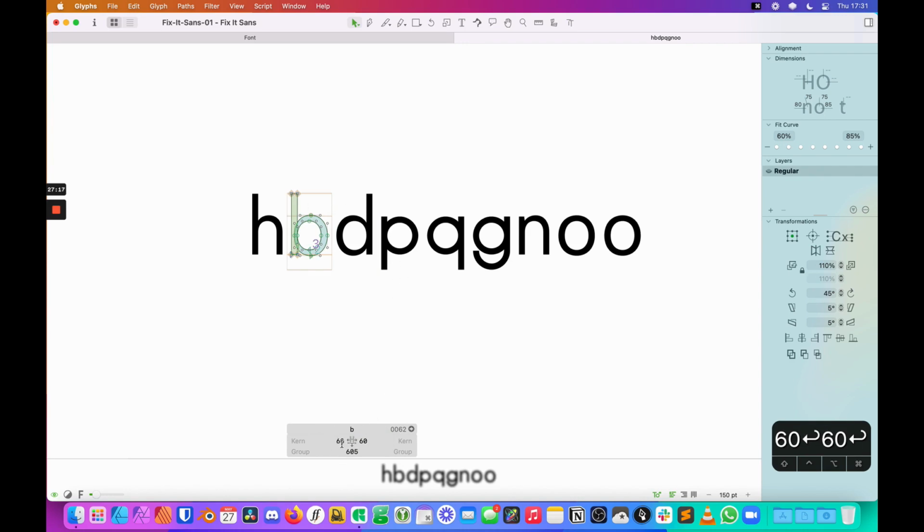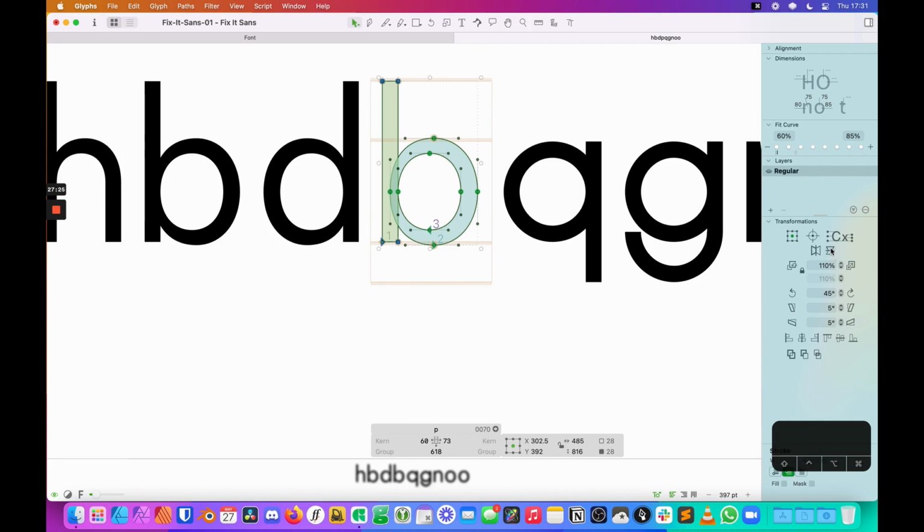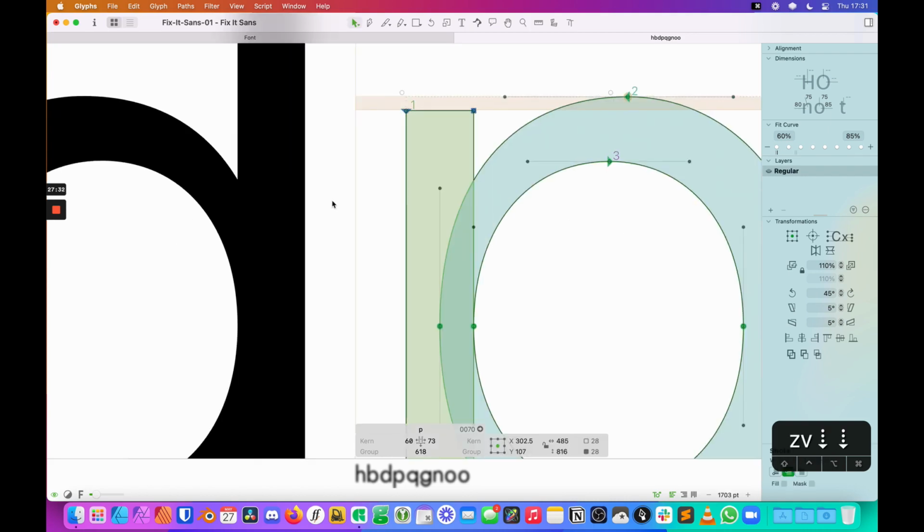You will notice too, I'm just keeping my side bearings at 60 points on either side. At some point I may talk a little bit more about that, but for the time being, again, it's your first font, so we can keep the spacing a little bit even for now. So I'm just going to go through.